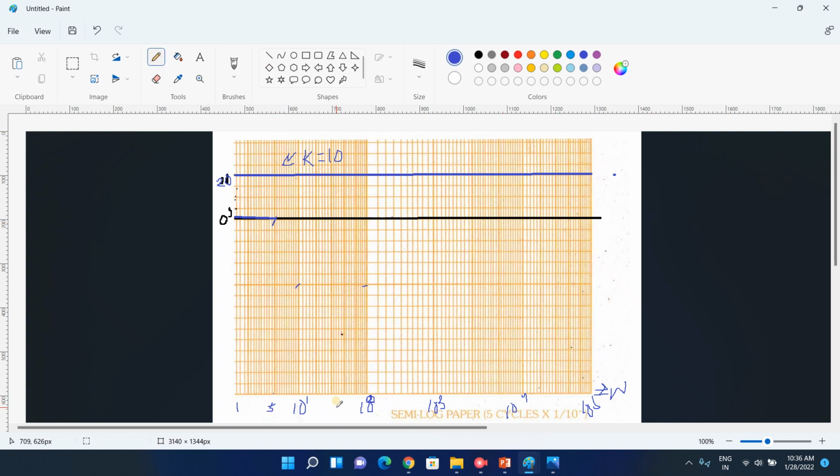अब कैसे करोगे? वेरी सिंपल। ये 5 है तो 5 का डेकेड क्या हुआ? 50. उसका डेकेड क्या हुआ? 500. तो 5 से 50 तक स्लोप 20 dB होना चाहिए। तो ये 5 है तो उसका डेकेड क्या होगा? 50. तो ये 0 है तो 20 कहाँ पर है? ये। तो 50 मतलब ये वाला लाइन अगर खींचोगे, ये वाला, ये 20 dB पर होना चाहिए।